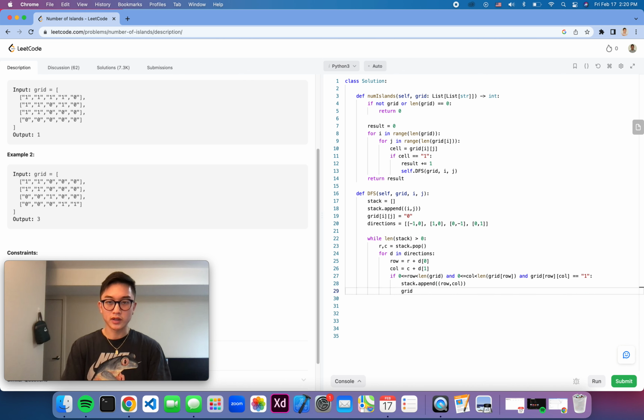Because we saw that it's a piece of land and it's connected to our current island. So since we're connected, I want to make sure that I don't consider you again. Row column is equal to a 0 now,